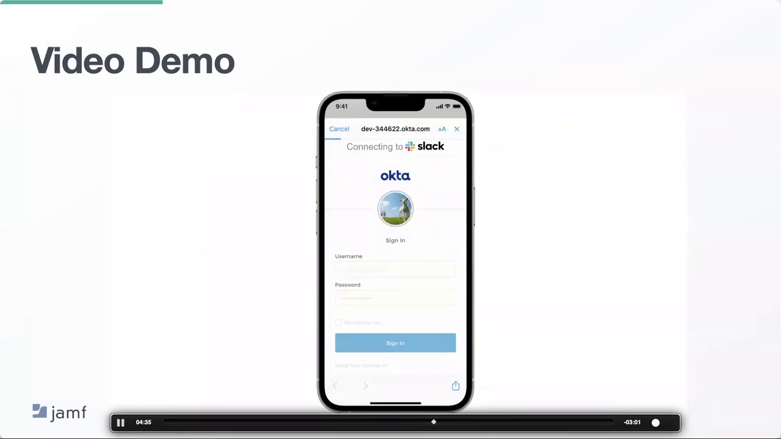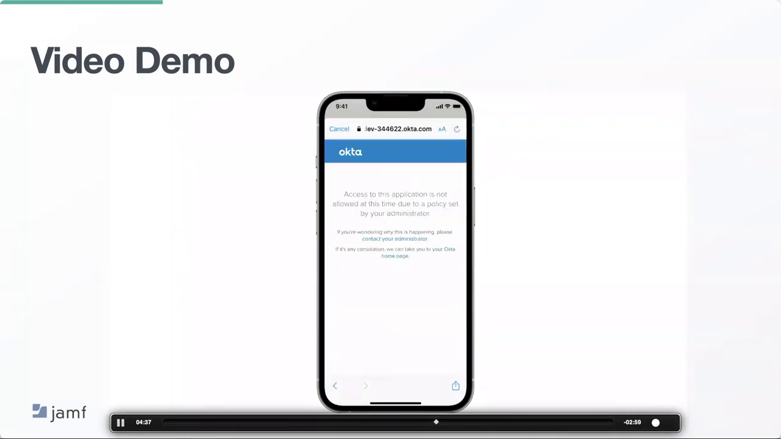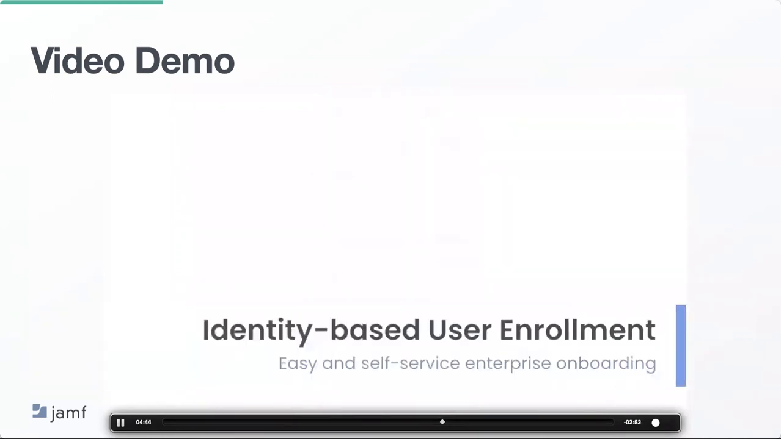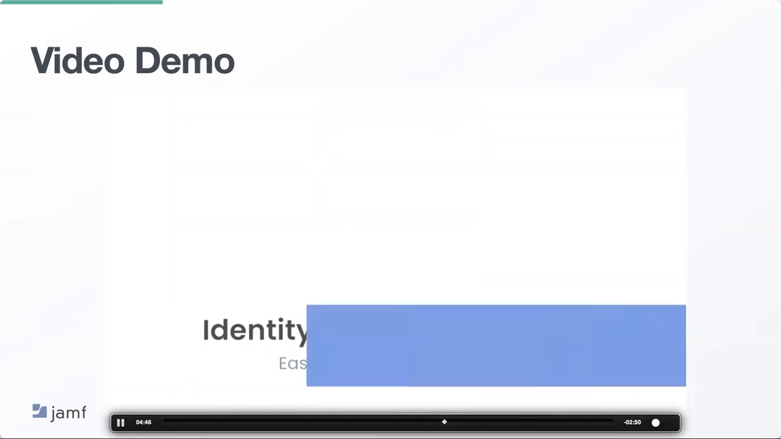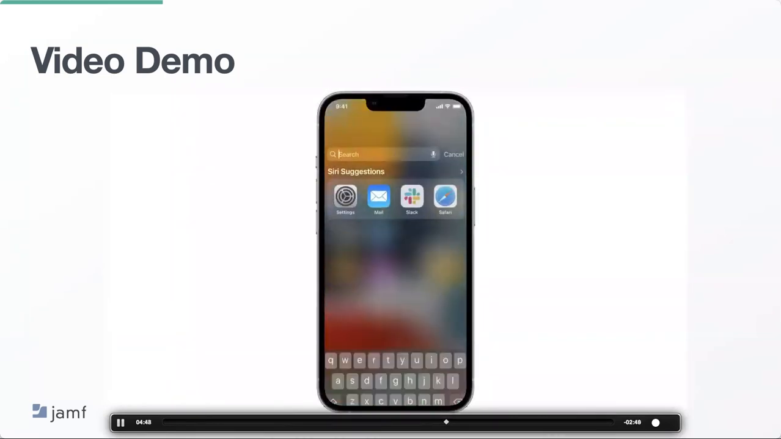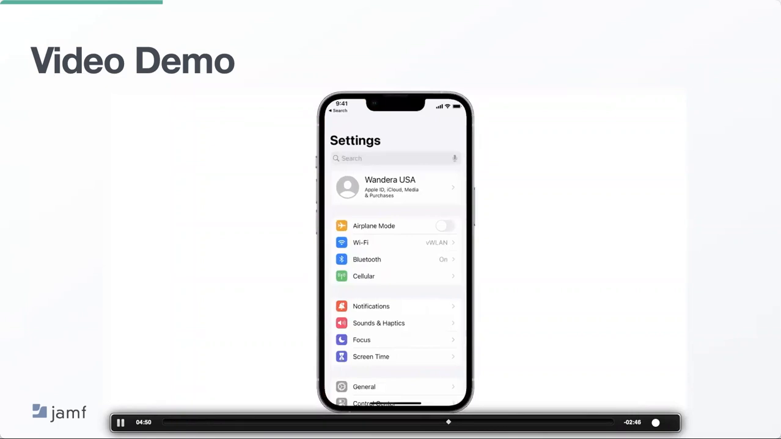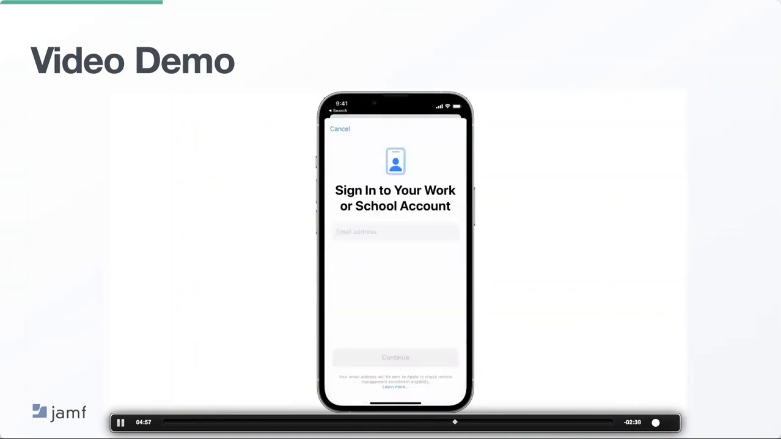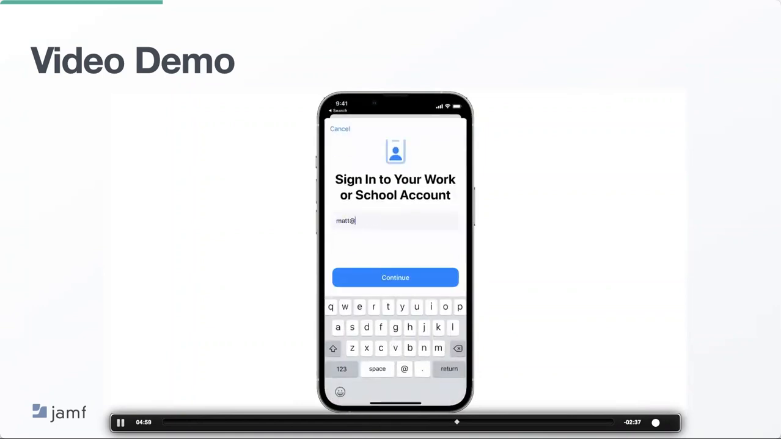Another SaaS application. So I try to log in with SaaS or with my credentials, and nope, not allowed to work. So finally, it's like, okay, well, fine. I'm going to do this onboarding stuff that I was told by IT that I had to do. So I'm going to go ahead and use this account-driven user enrollment process. So I go into Settings, General, VPN Device Management, Sign into Work and School, type in my email address,